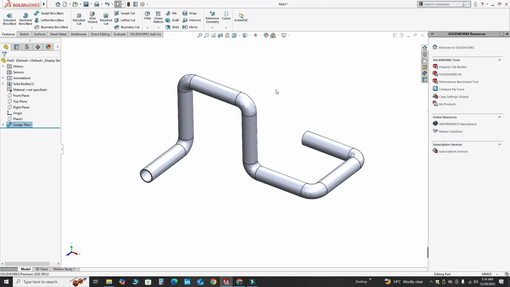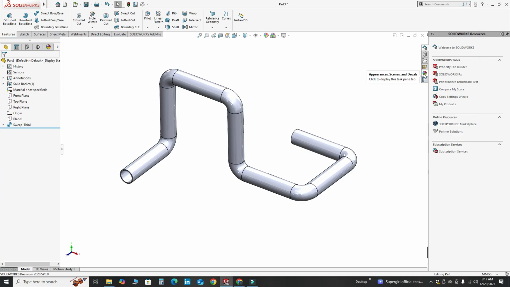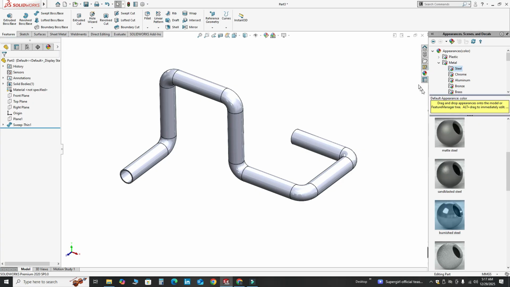Lastly, I will apply some appearance or texture onto this pipe. So let's go to here, appearance. And here you can see I have different materials like plastic, metal, rubber, glass, etc. So I will go to here, metal.